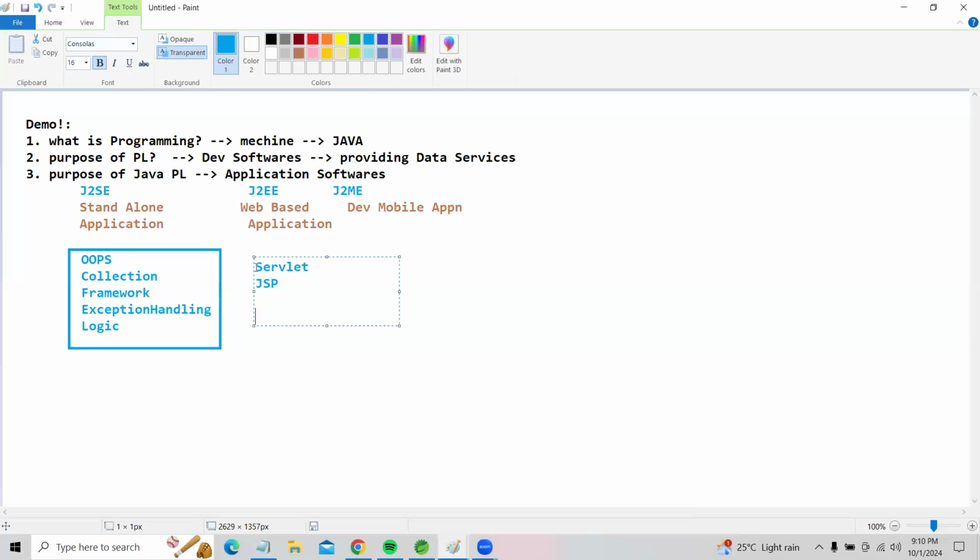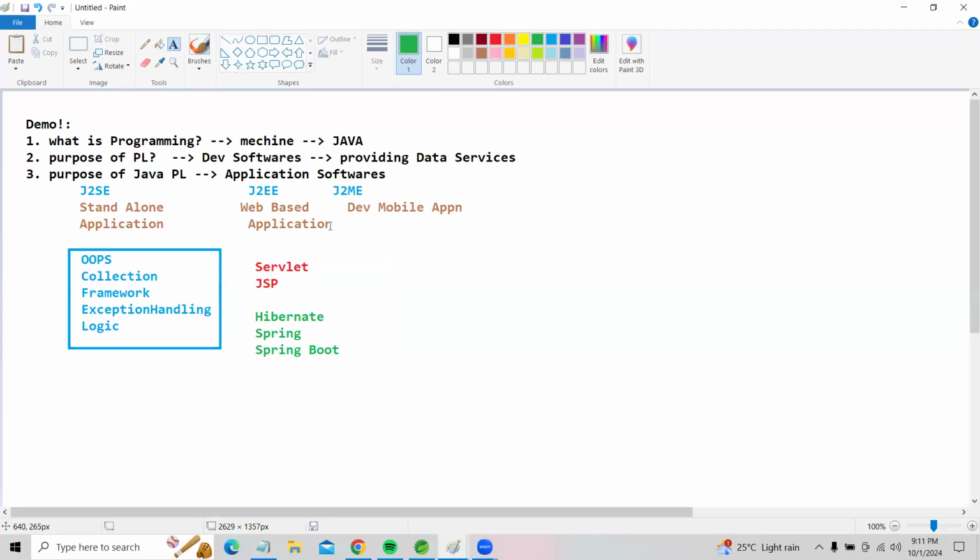After that we learn framework concepts, Hibernate and Spring, and then we focus on the Spring Boot framework. So we develop web-based applications using these technologies: first Servlet and JSP, and after that Hibernate and Spring Boot, my friends. We are not going to develop any mobile application. These things we covered yesterday.